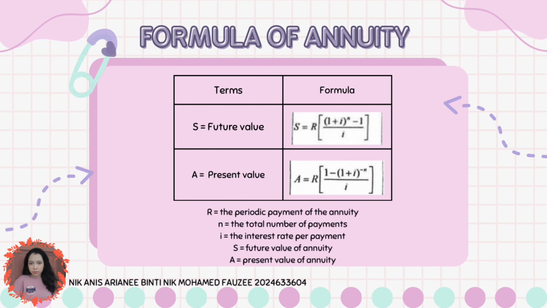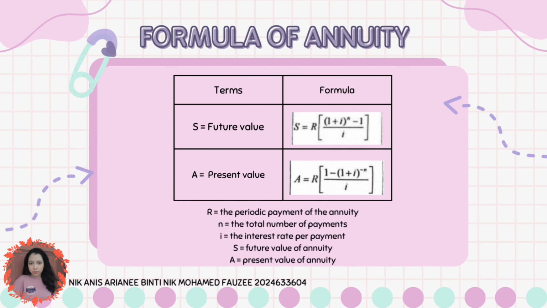Number 1, future value S. The future value of an annuity S represents the total value accumulated at the end of all payments including interest. So the formula is S equal R open bracket 1 plus I close bracket the power of n minus 1